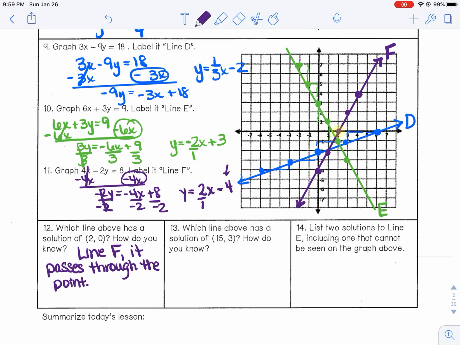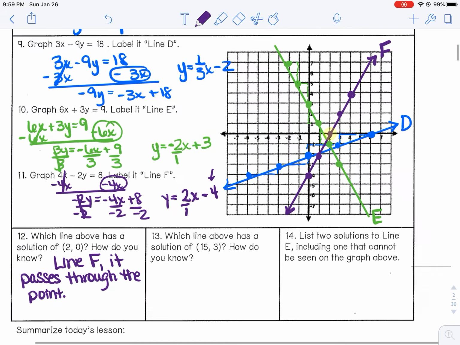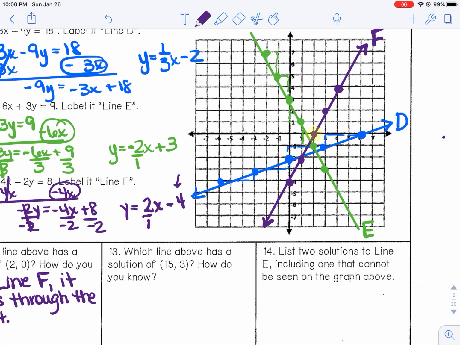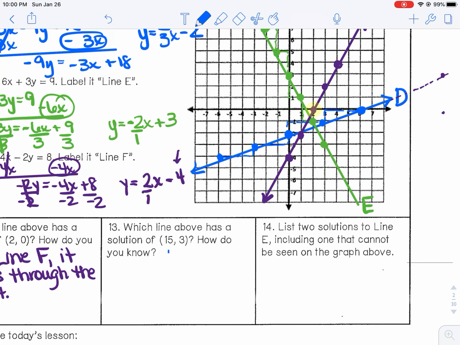Number 13, which line above has a solution of 15, 3? Well, I wouldn't rightly know. If I were to look at the graph, 15, 3, let's see, 15 would be out here somewhere, maybe, and 3 would be up here. So if I were to guess, it would probably be line D that would go through that. So I'm going to guess line D, but I'm going to prove it